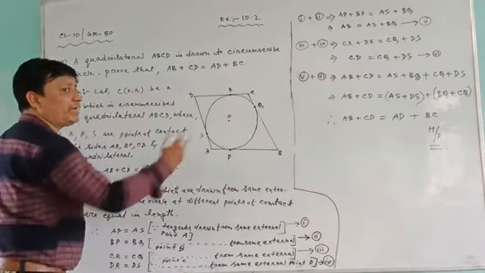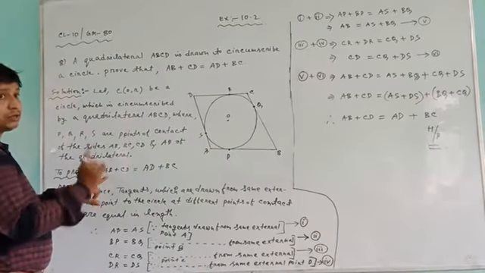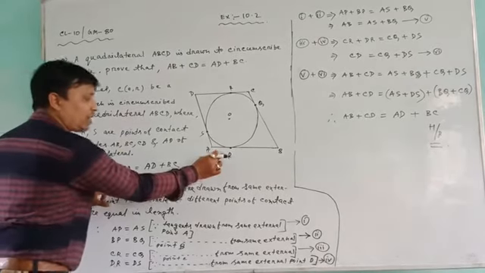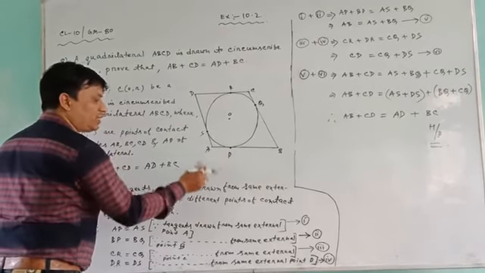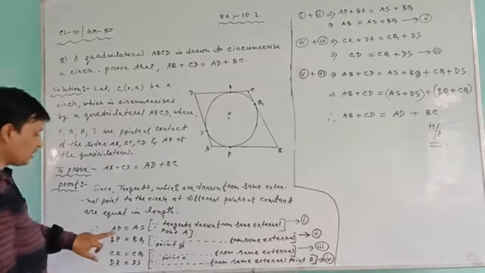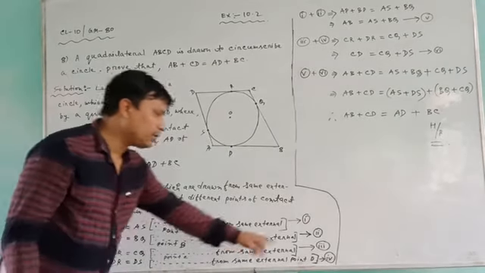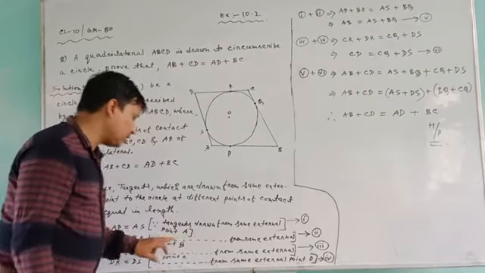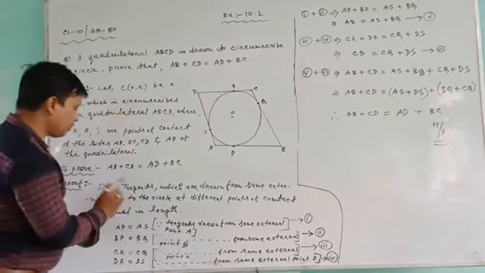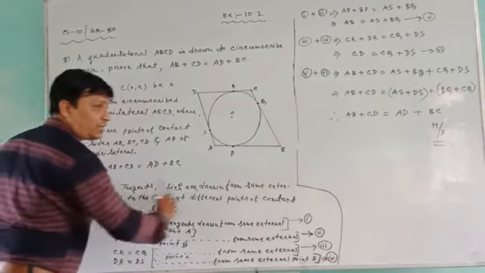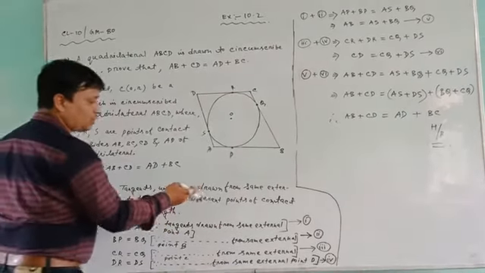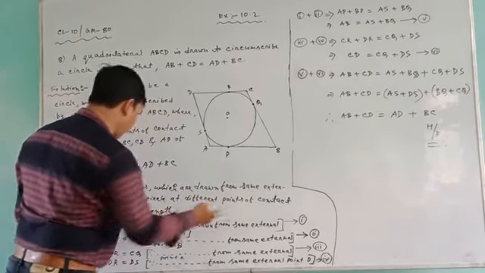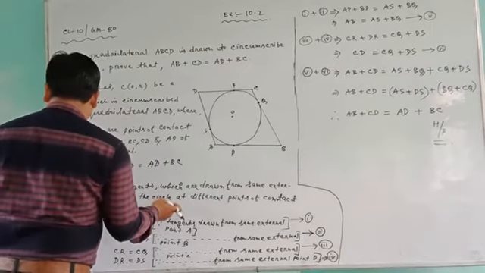Next is BP. Why next is BP? Because there is written AB. First of all we have to think about only AB. So AB, one part is AP. So AP, one statement is AP equal to AS. Statement number 1. Why are these two equal? Because tangents are drawn from the same external point. And what is the main theorem? The main theorem is written at the top: tangents which are drawn from the same external point to the circle at different points of contact are equal in length.